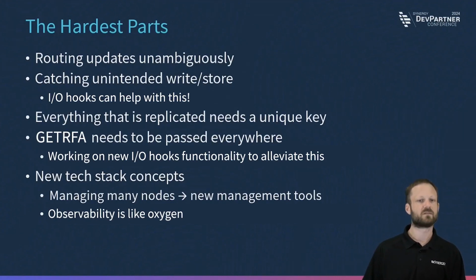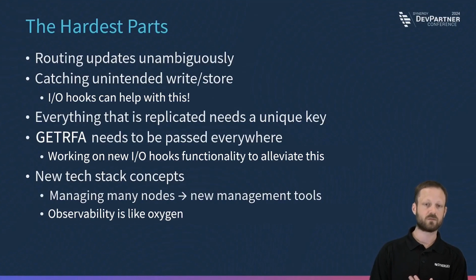Catching unintended writes and stores. So the RCC app was already designed to, in 95% of cases, use the engines to do all of their writes. There are a couple of places where they were still directly writing to ISAM files, not from an engine. And there's a certain amount of effort involved in how do you locate all of those places. So code search, certainly a way to do it. That falls over if conventions are not always followed. It gets really hard to do code searches if they're sort of different everywhere.